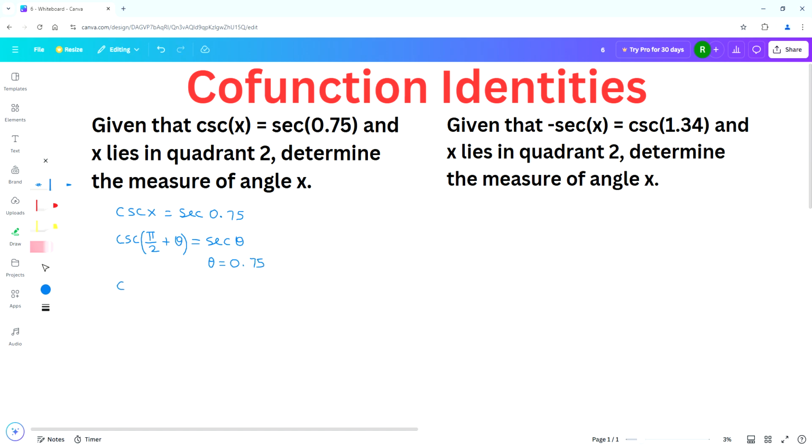So we get, as per this step, secant 0.75 is equal to cosecant pi over 2 plus 0.75. So we can replace secant 0.75 in the given equation. So we get